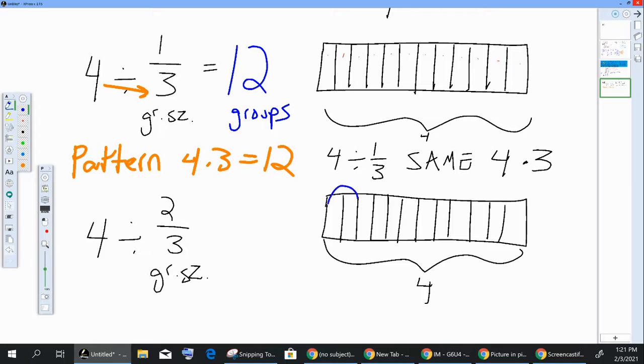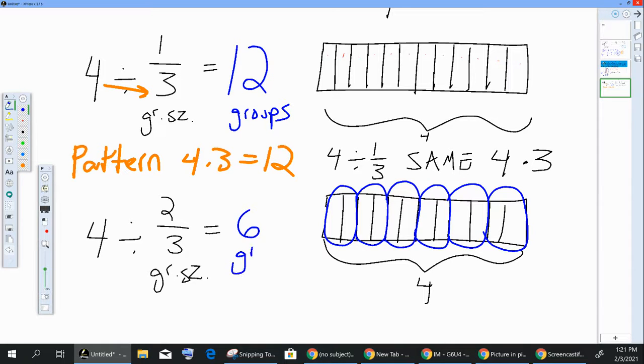So that means every 2/3 is one group. So I'm left with 6 groups. So that equals